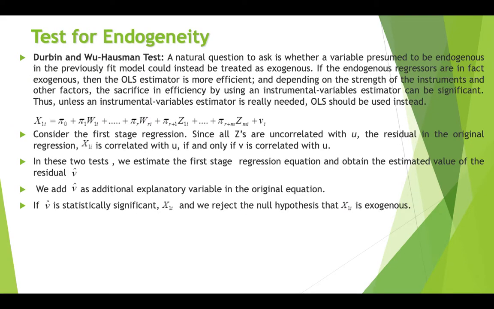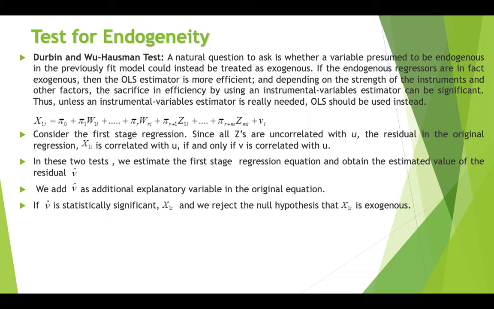Now, what are the tests of endogeneity? That is, whether the variable we have taken as endogenous is at all endogenous or not. If the variable is not endogenous, then the whole exercise is wrong. Then OLS was the right method. So, we have to test whether this variable is endogenous or not. Now, remember this first stage equation: w1i to wri are all exogenous variables, so they are not correlated with ui in the first equation.